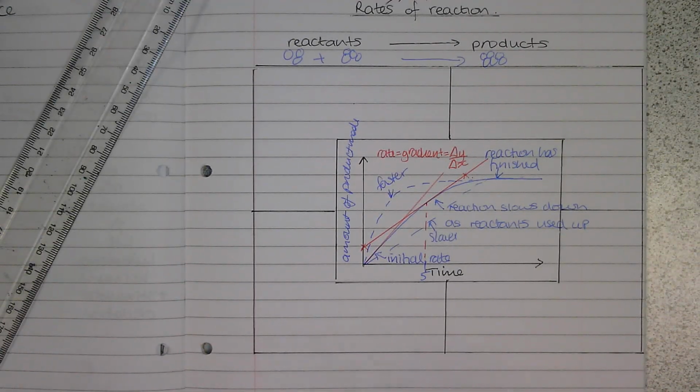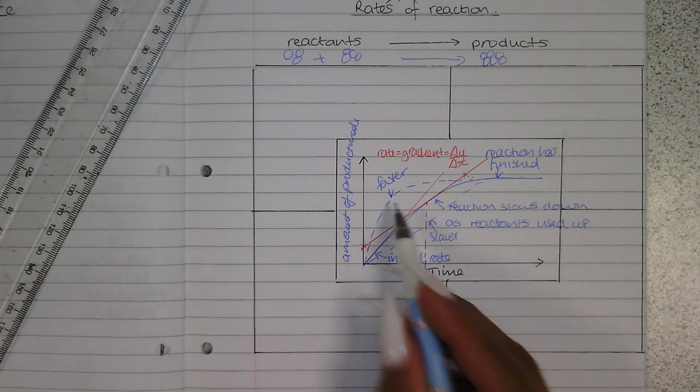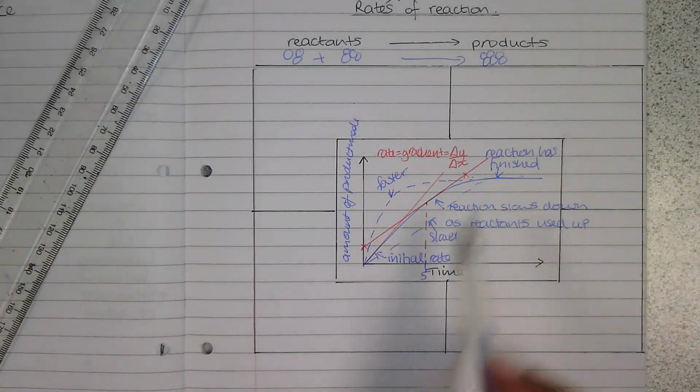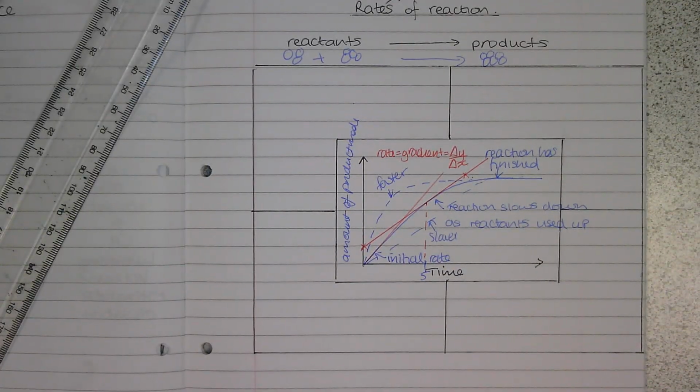What we need to do is increase the chances of the collisions between the particles being successful if we want to make the reaction faster. And we can do that in 4 ways. We can